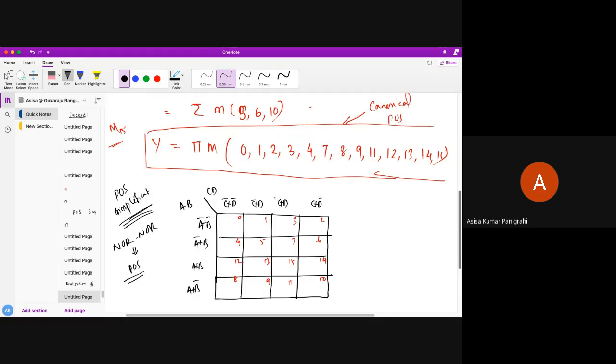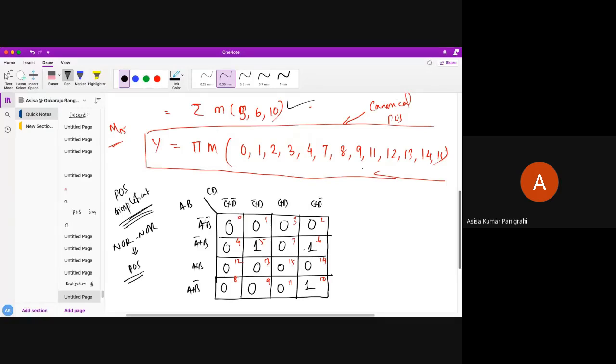Okay. So now we know where the minterms are present, and there I have to put 0. So 0 is present, 1, 2, 3, 4, 7, 8, 9, 11, 12, 13, 14 and 15. The only positions not present are 5, 6 and 10, which I have got here. You can see the 5, 6 and 10 positions. We have minterms there and all the other places are maxterms.